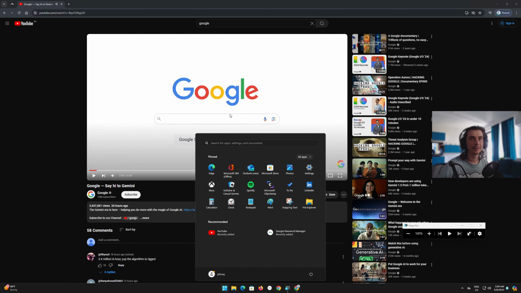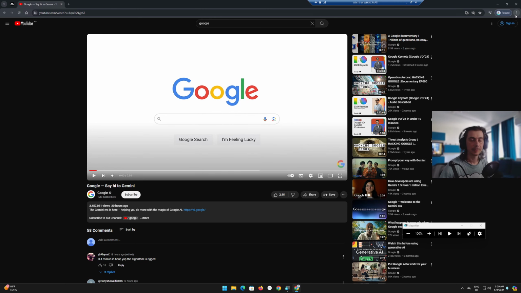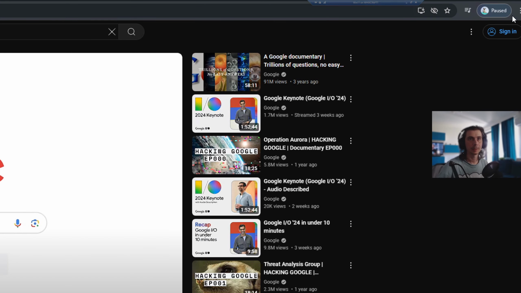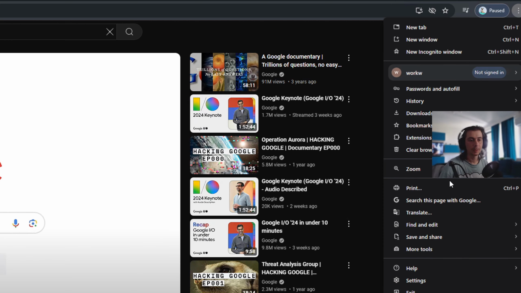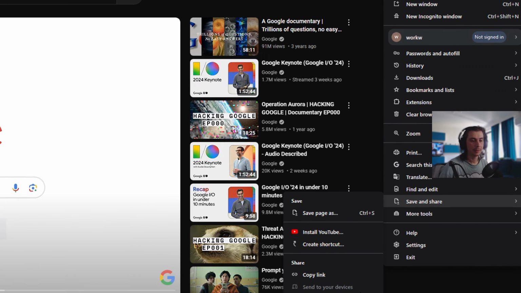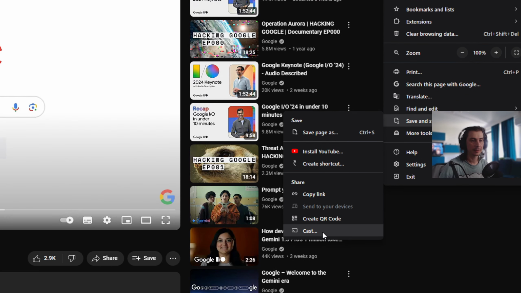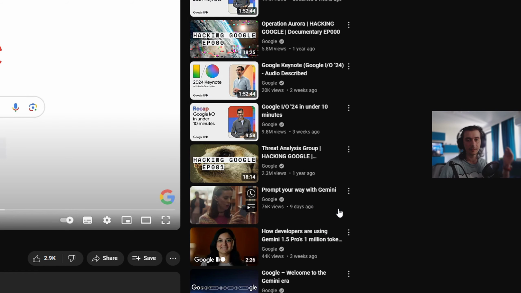Chrome can cast this tab to your TV. So if I go up here to the three dots menu, go to save and share, and then down there you're gonna have a cast, and you're gonna click on cast. And if you have a Chromecast on the TV or a TV that has Chromecast in it, it should find